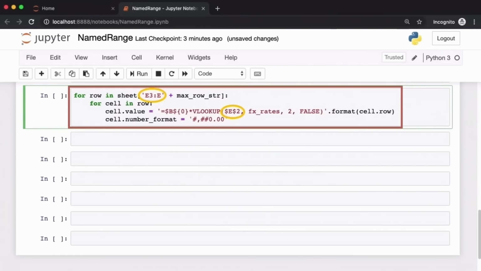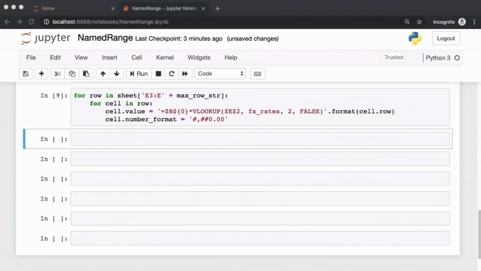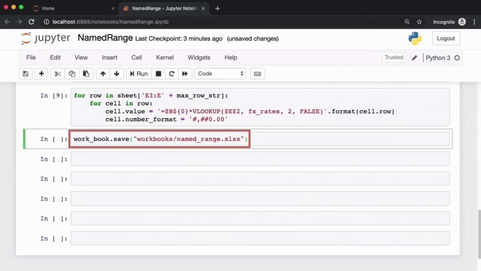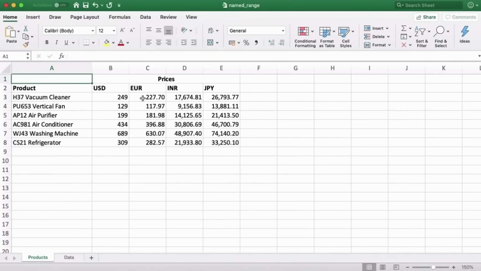Now, it's not great practice to copy paste code like this, but here what I'd like to get across to you is the manner in which we are constructing the formulae, and I thought it would just get a little too complicated if we tried to generalize the currency code as well. By this point, we are finally done with all of our calculations, so we can save our workbook and toggle back over to Excel. And we can see at this point that all of the currency conversions have indeed been